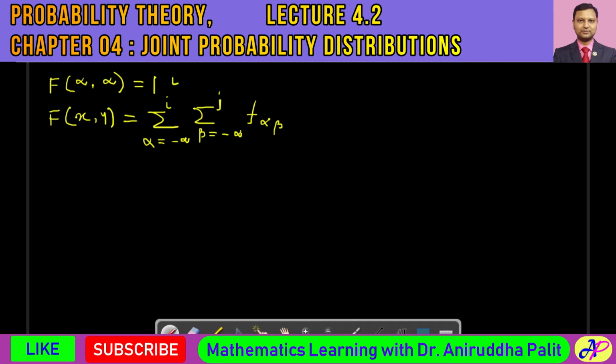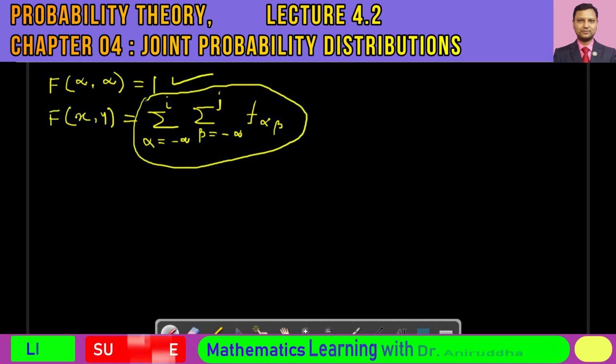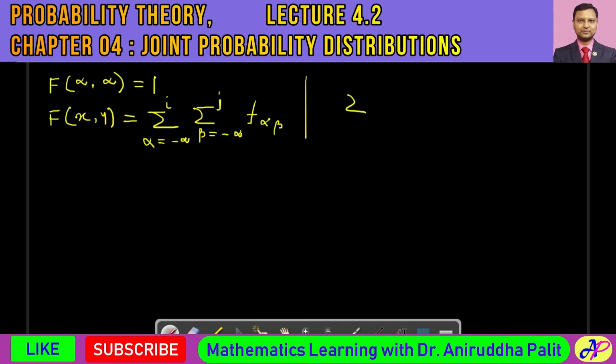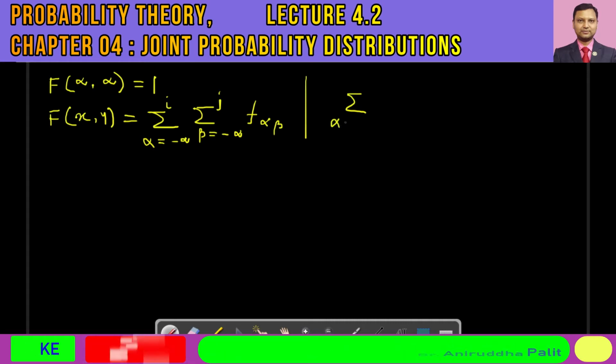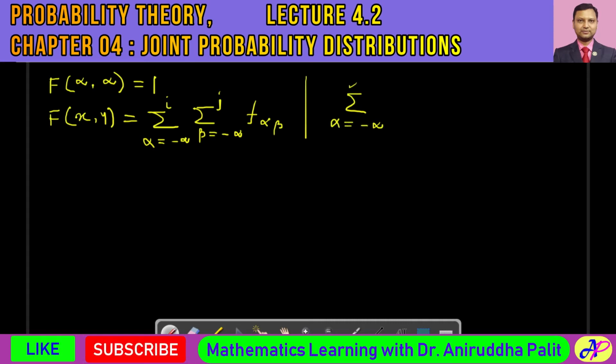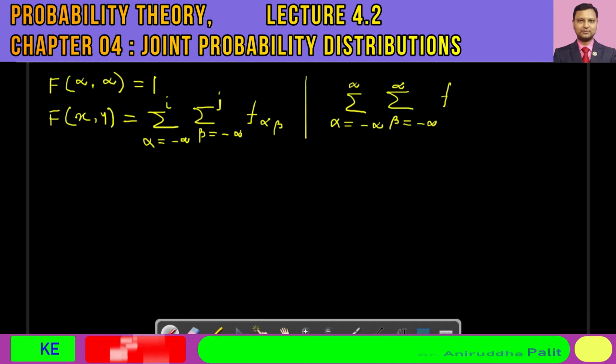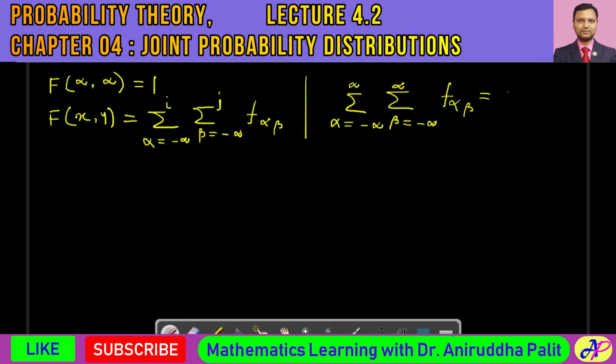So if we impose this restriction on this kind of right hand side summation, what would be the condition? Over here we shall have to take the limit i tending to infinity and j tending to infinity. Therefore we shall have summation alpha equal to minus infinity to infinity, and summation beta equal to minus infinity to infinity f of alpha beta, that should be equal to 1. This should be a necessary restriction